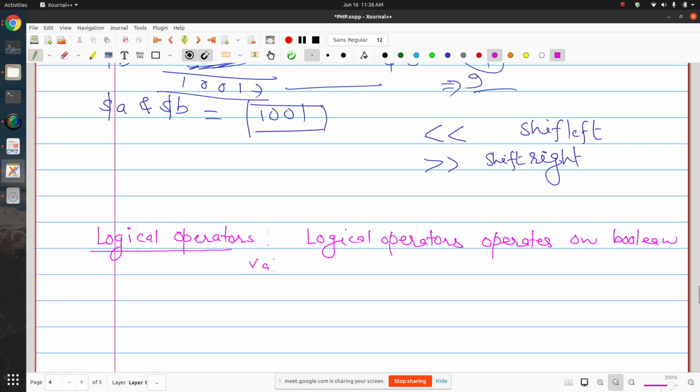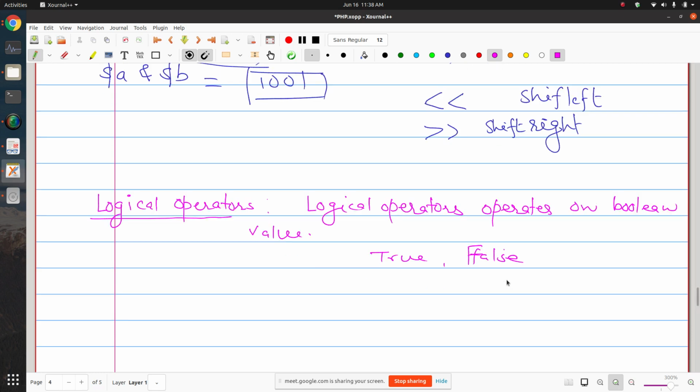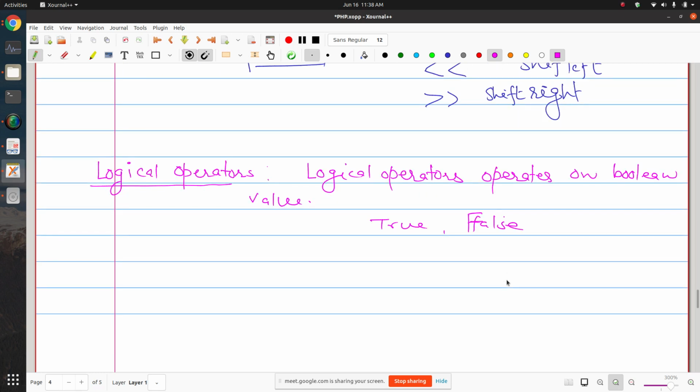So you have two boolean values in PHP, true and false. You can write them in capitals too, no problem. So these are the two boolean values that you can work with. Now logical operators can actually work on any expression that results in either true or false.